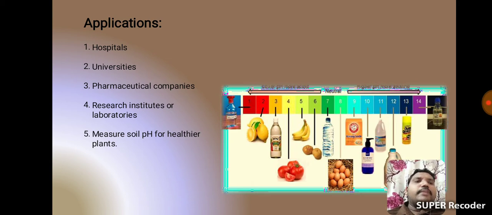Whatever it is, the pH meter has a number of applications in the laboratory or medical sector. Medical applications. Next one, soil analysis. In soil analysis, we identify the soil pH value. After identification of soil pH value, we know what the best ingredients present in the soil are. Which soil is the best one to grow plants? We easily identify this by using soil analysis of pH. These are the different applications of the pH meter.